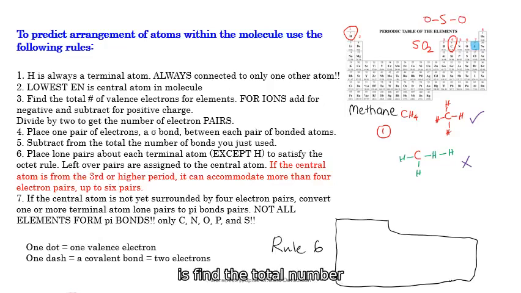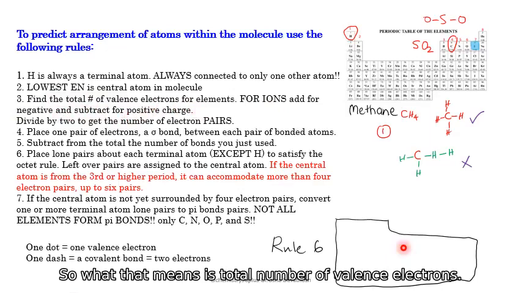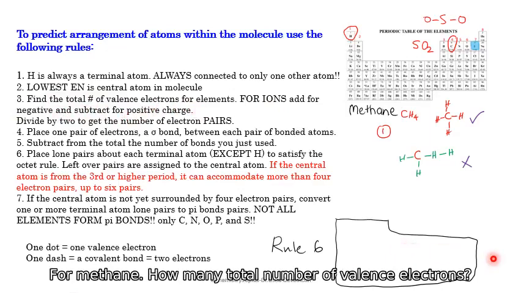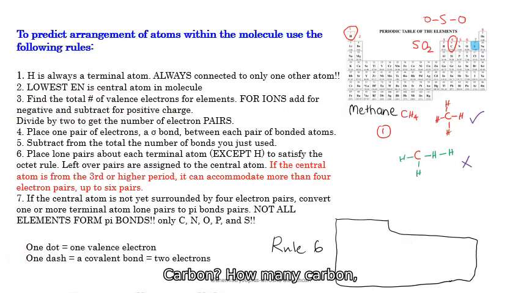And the third one is, find the total number of valence electrons for the elements. For ions, add for negative ions and subtract for positive ions. What that means is the total number of valence electrons. For methane, how many total valence electrons? Carbon is in the 14th group, so carbon has 4